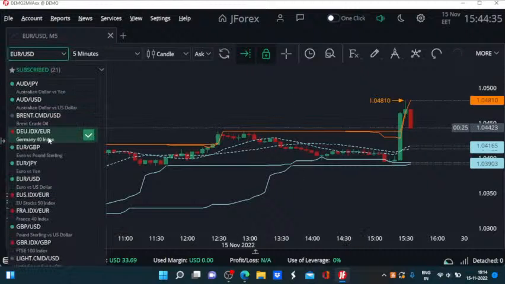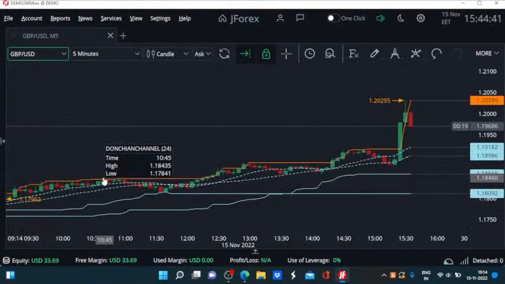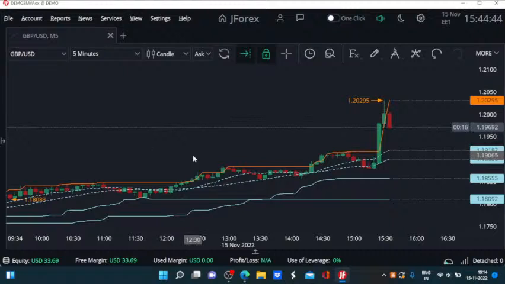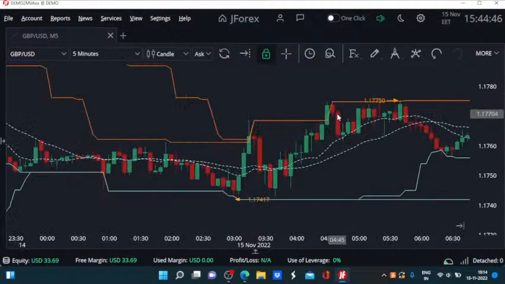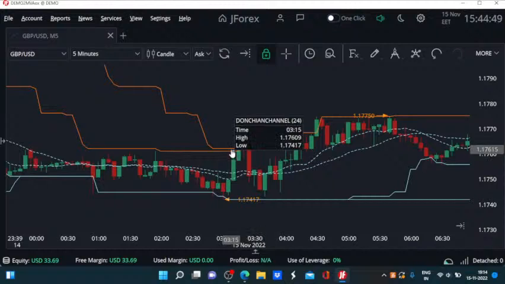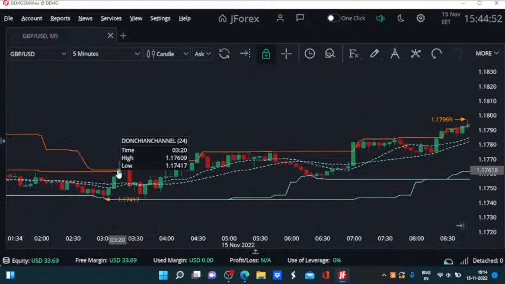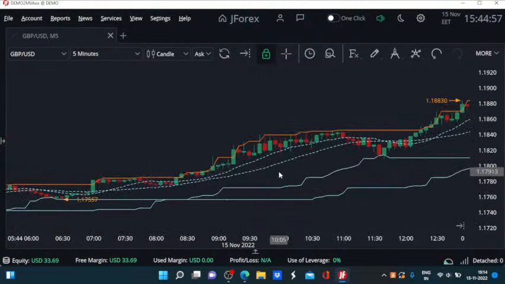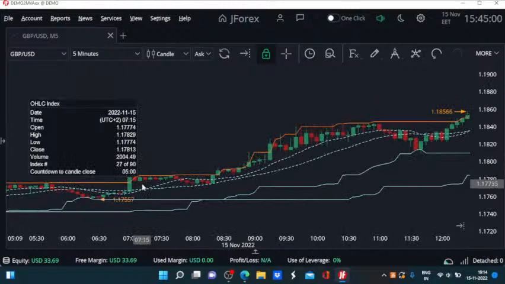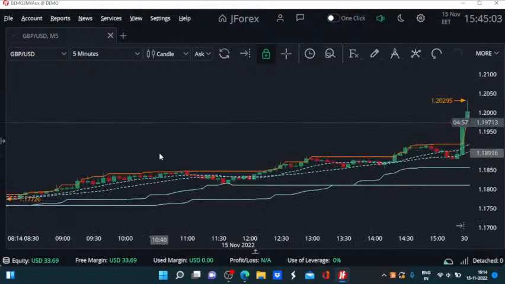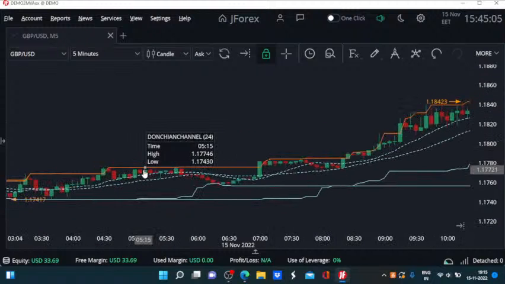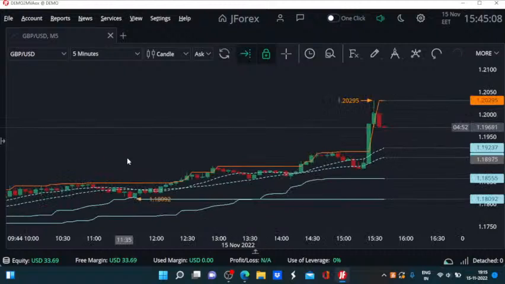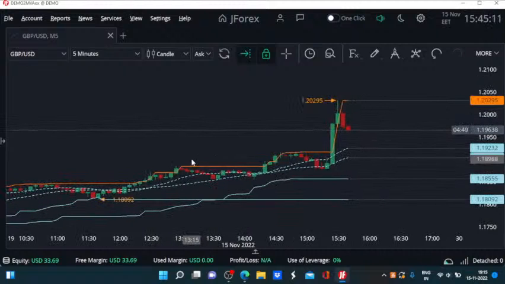Now let us compare it to other important and major currencies. GBP USD seems to be on much stronger footing even compared to the euro. It made a 4 hourly low quite early in the day at 3:20 GMT. After that, there was no looking back, and it continued to gain ground with a jump of almost 200 pips in today's session. So that's quite a remarkable turnaround story for the GBP, which is now again climbing back towards